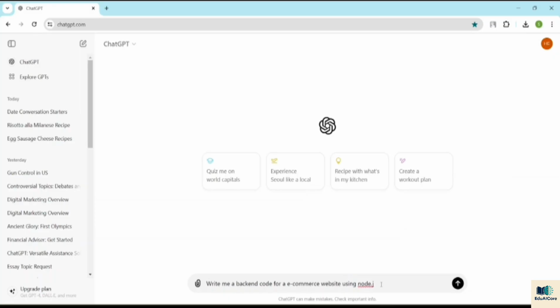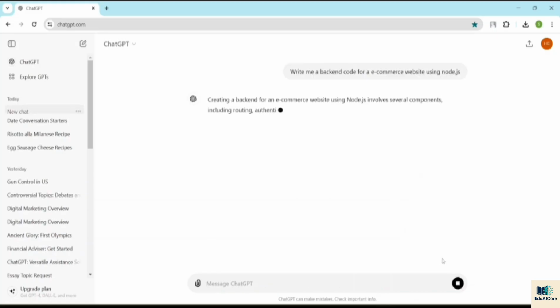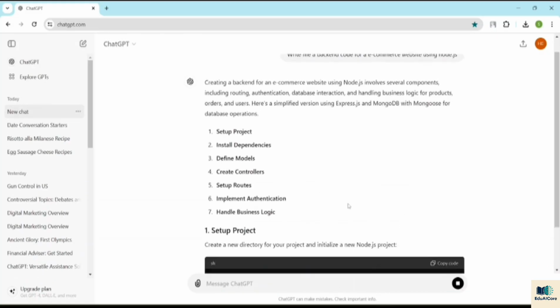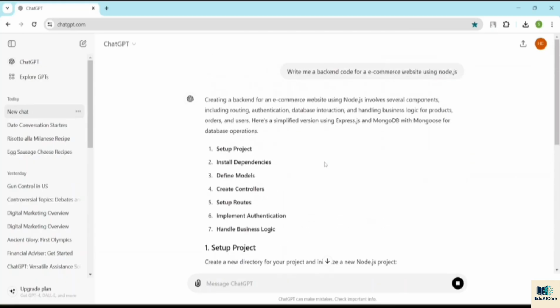And once you're done with that, if you just search this, here you guys will be able to see what all you need to do. Okay. So over here, they show that creating a backend for an e-commerce website using Node.js